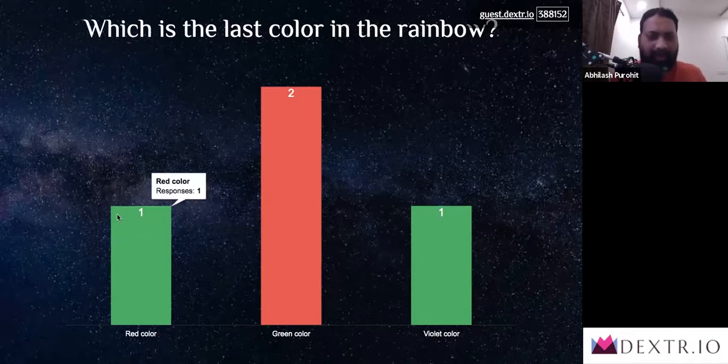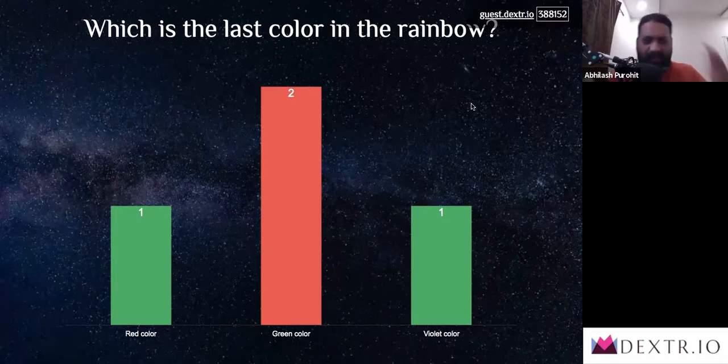Unlike a response in a poll, the quiz has answers right and wrong. So 2 people have given right answers, those are separate, and 2 people have given wrong answers. So this is how it is going to be. As more and more people participate, the graph will adjust and it will show all in one shot what is right, what is wrong. Green is the right answer or answers, and red is the wrong answer or answers.